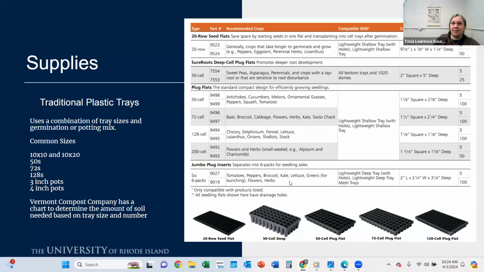And on the back of Johnny Seeds, it'll tell you what kind of flat you should use to fill it. And the Vermont Compost Company has this really cool chart on their website, which will tell you how much soil you need in order to fill the flat. So if you do your crop plan and you know your